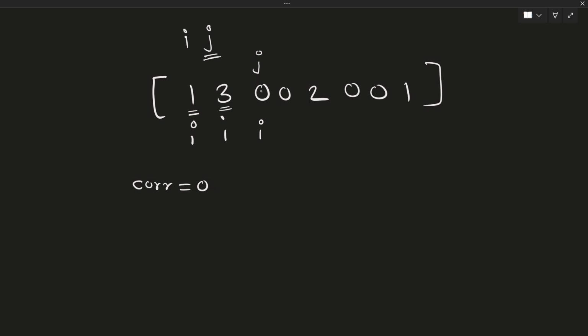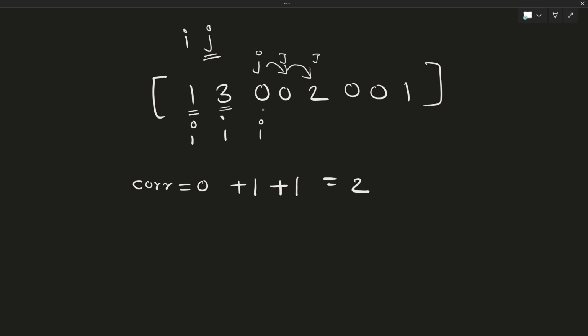Now as this is 0 element, like the element where j stands, it is 0. So we will increment this by +1. Okay, then we will move our j ahead. Now j is here, and again this is a 0 element, so we will increment our current by 1. Okay, now j will come here, and again as this is not a 0 element, our current would be 2,